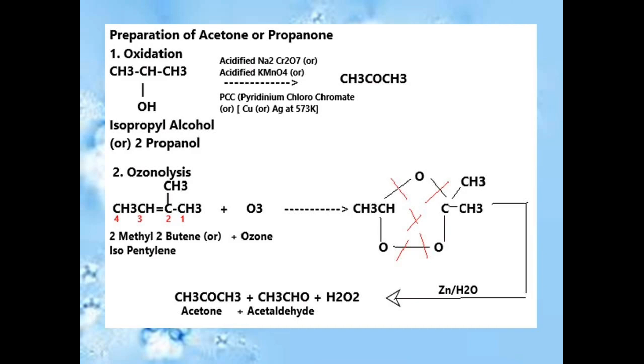This compound is now broken down with the help of zinc with water. That water takes the oxygen, so that water is changed to hydrogen peroxide, and we get 2 moles of acetaldehyde. The third preparation is dry distillation. For the dry distillation, we are going to use calcium acetate and calcium formate. Calcium valency is 2, so that is why we are writing twice acetate and twice formate. Here 2 moles of calcium carbonate we are going to remove, I indicated in orange color, and the remaining things attach, so we get 2 moles of acetaldehyde.